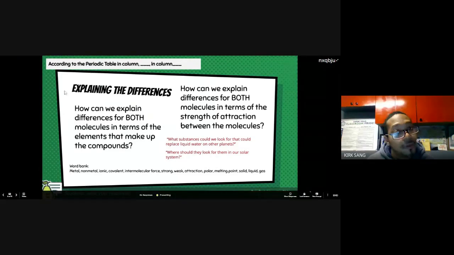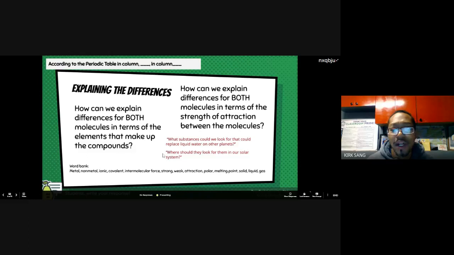Now, again, remember, whenever you're responding to the slides, be prepared to use the sentence frame, according to the periodic table and referencing a column. Explaining the differences: How can we explain the difference for both molecules in terms of the elements that make up the compound? How can we explain the differences for both molecules in terms of the strength of attraction between those